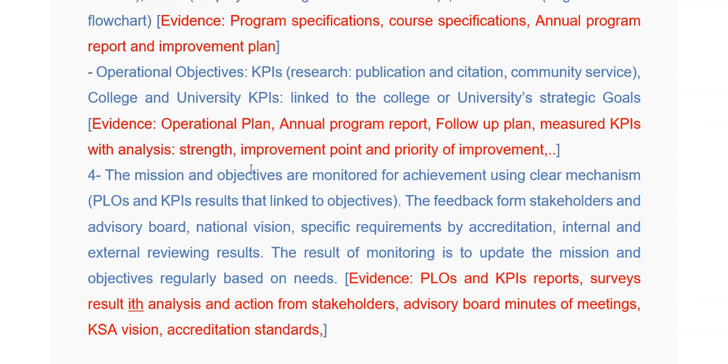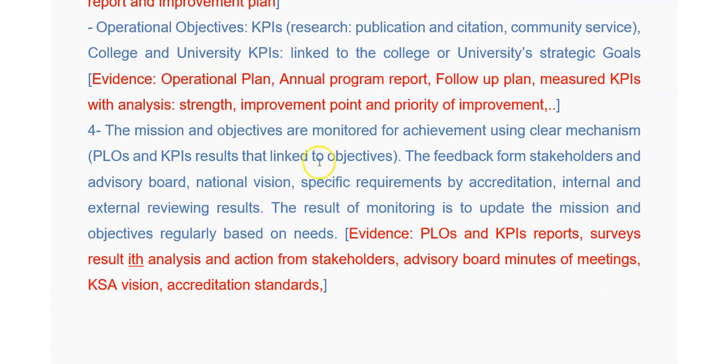Also, the operational plan can contain educational objectives together. What evidence do you need here? As we said before, the operational plan. Also, you need the annual program report and follow-up plan. You are following the achievement of your activities, measured KPIs with analysis, strength, improvement points, and priority of improvement. Of course, this will be evidence, together with the action plan and improvement plan. Fourth, for this criterion, number one, the mission and